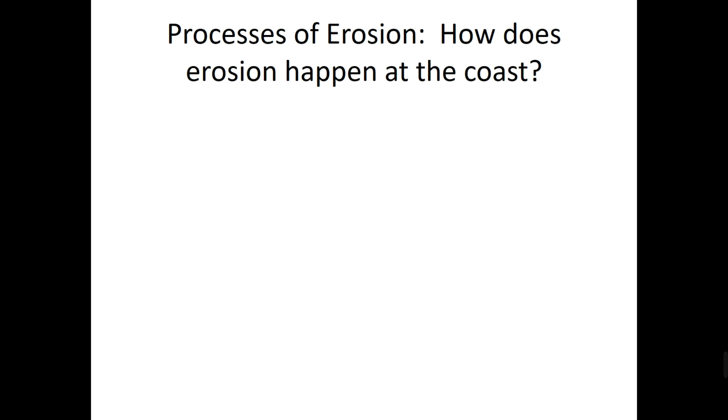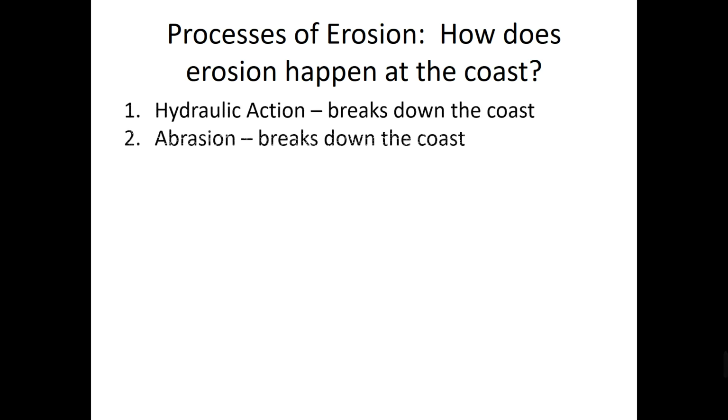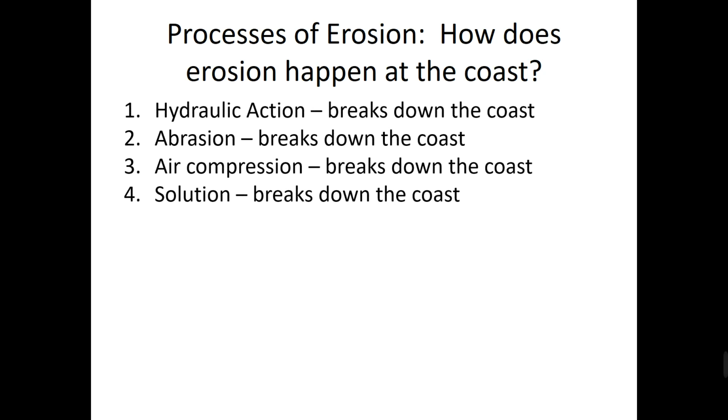So coastal erosion is basically the wearing away of the coastline by the power of the waves. So remember the difference between weathering and erosion. Weathering wears away the rock, but erosion removes the broken down material. So in this case here, it's the wave action that wears away sediment and rock from the coastline, but removes it through the waves. So there are 5 different types of coastal erosion: hydraulic action, abrasion, air compression, solution, and